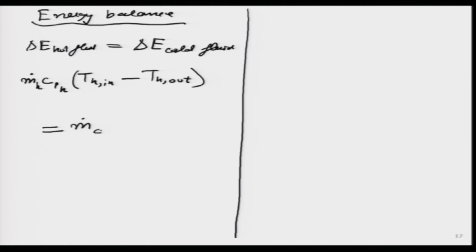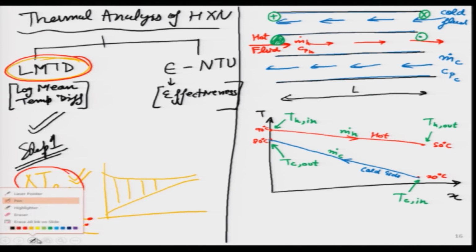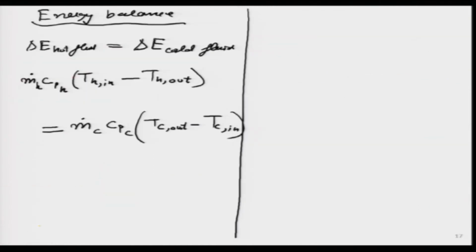So, I can say mass flow rate of cold fluid, specific heat of the cold fluid. The cold fluid at the outlet is hotter than the cold fluid at inlet. If you think about it, I think students will make sense of this concept over here. Obviously, 80 degrees is greater than 20 degrees, right. Just to help the students, I can put some numbers here also. Maybe T H in is 90 degrees, T H out is 50 degrees, T C in is 20 degrees and it goes to 80 degrees. Some random, representative numbers I have put.